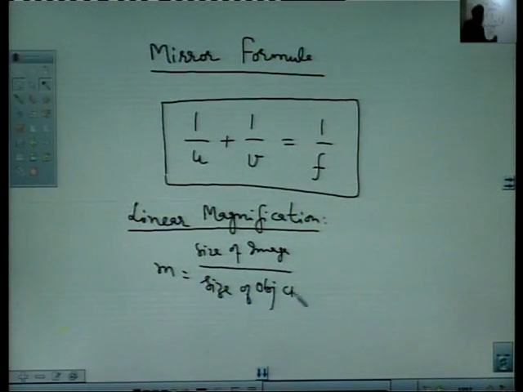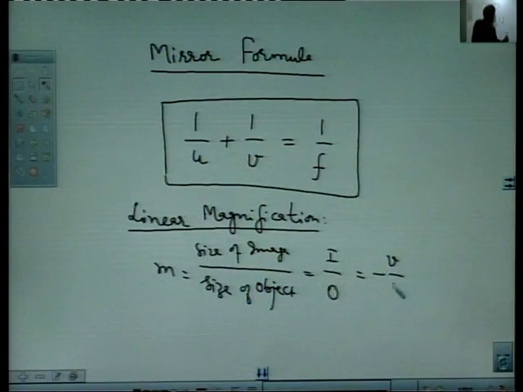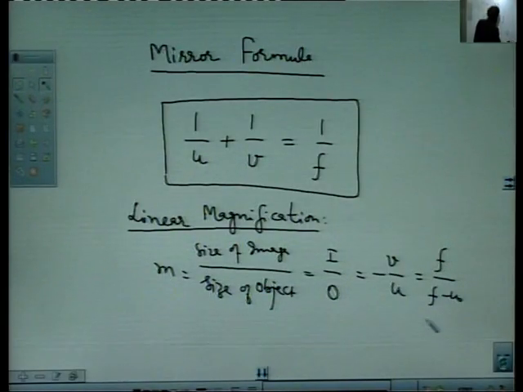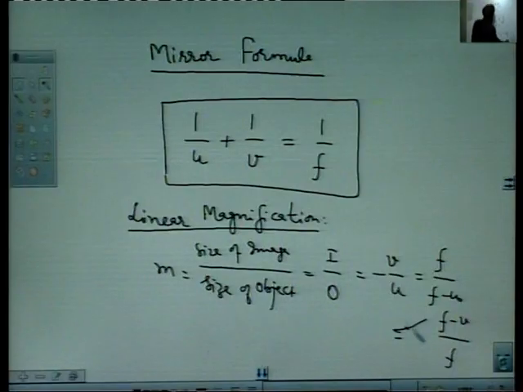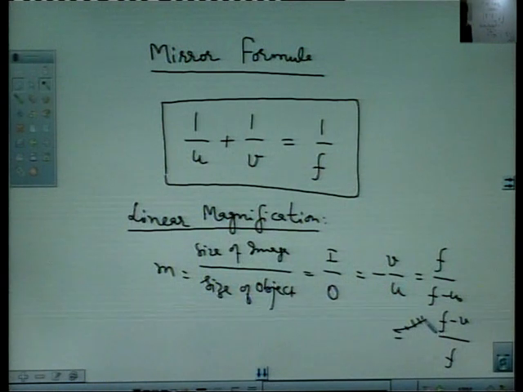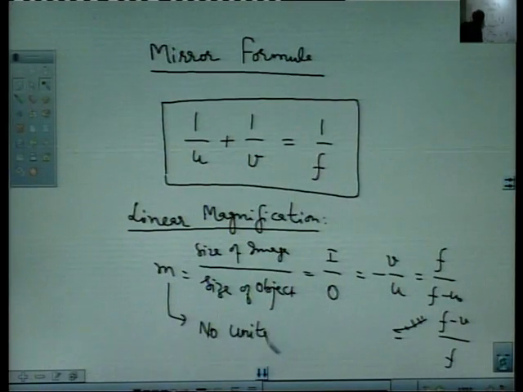We can prove this is equal to I over O equals minus v over u, or it can be written in terms of focal length as f over f minus u, or equal to f minus v over f. This linear magnification is a ratio of two sizes, hence it has no units. This is very important in case of numerical